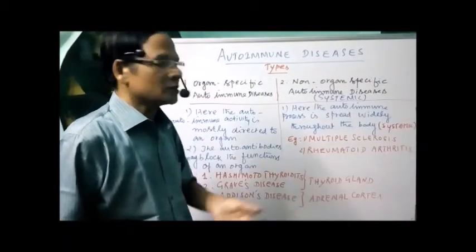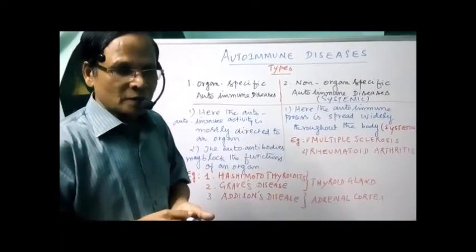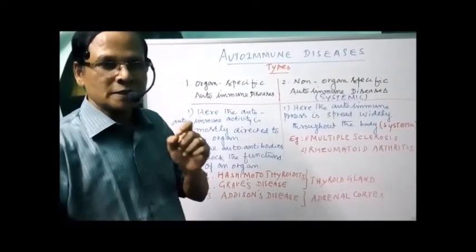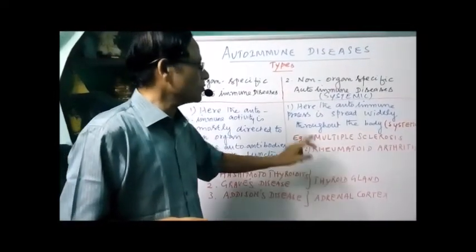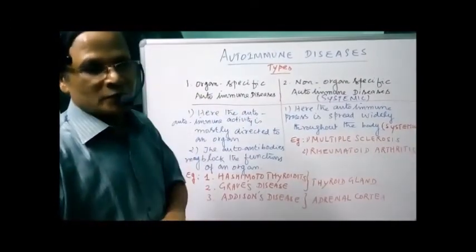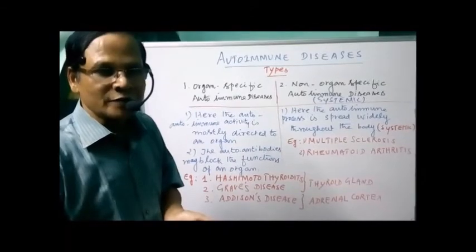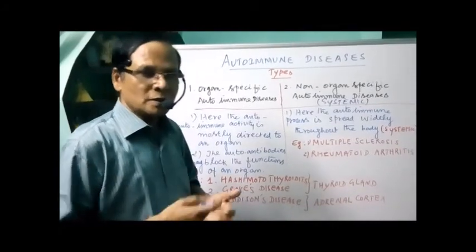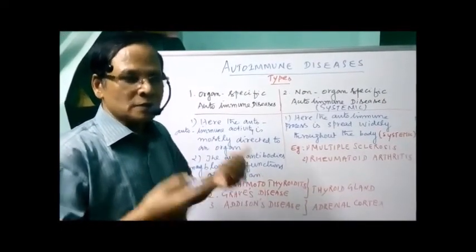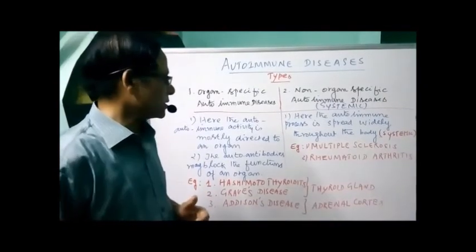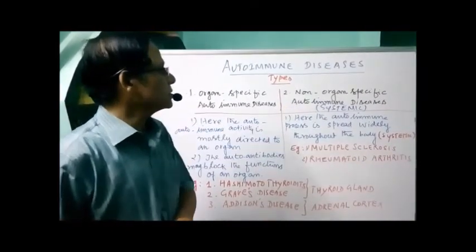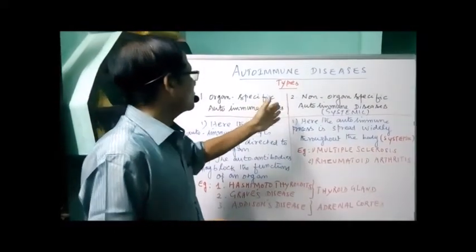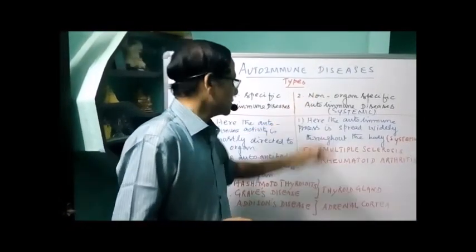Then rheumatoid arthritis, you know that one: the synovial membrane and the synovial lining are all affected. Particularly the connective tissues are affected. This is because of inflammation of the synovial membrane, just covering the synovial cavity of the joints, and that is called rheumatoid arthritis. So not just the joints are affected, but the whole body, including the connective tissues and muscles. Many parts of the body are affected. So that's about the differences between organ specific and non-organ specific.